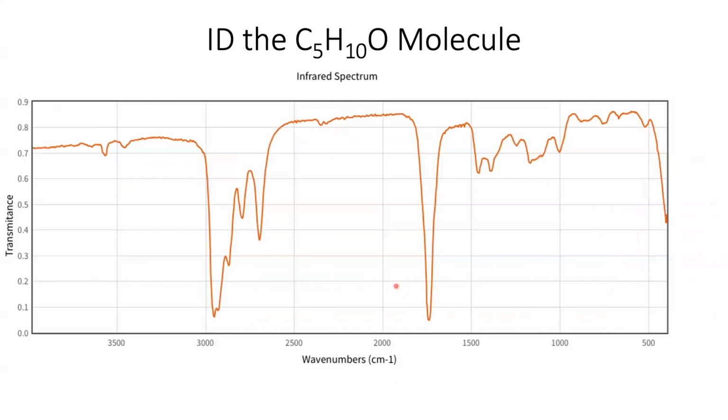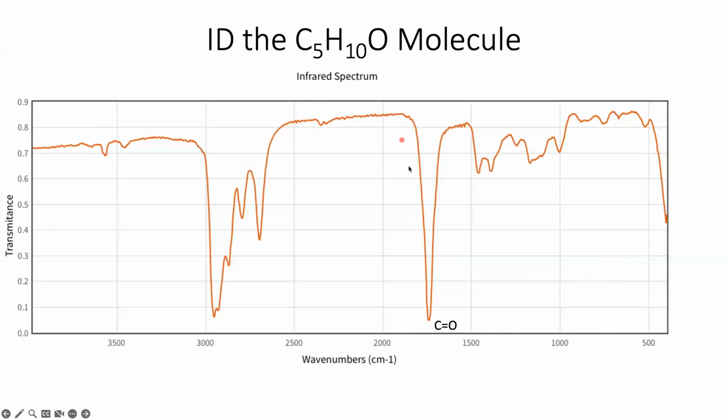So let's take a look here. The first thing we can notice is we have a big swamping peak around 1750, right there in between 1500 and 2000. So that's going to be an easy call. I've got a carbonyl. That accounts for both my oxygen and my double bond. Now the question is, what is this carbonyl doing? Do I have an aldehyde? Do I have a ketone? Probably, based on the formula, I don't have an ester